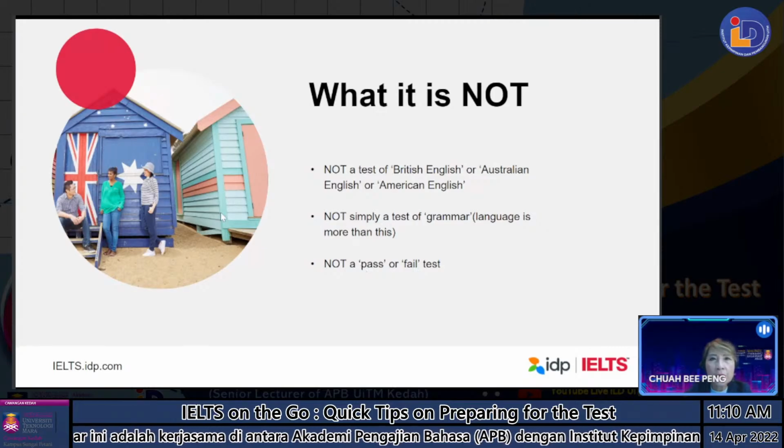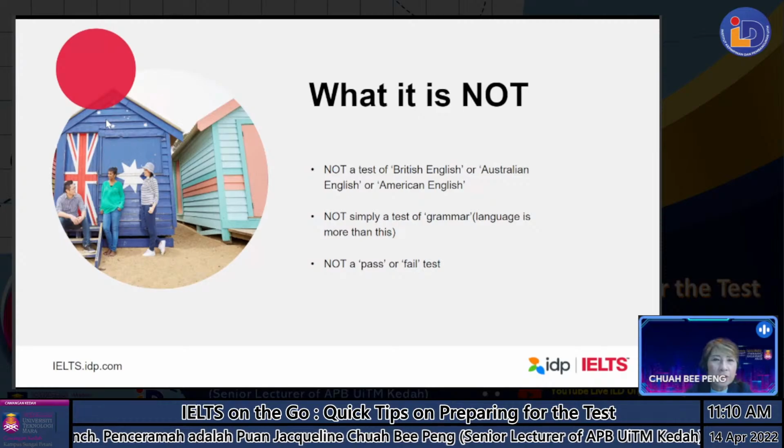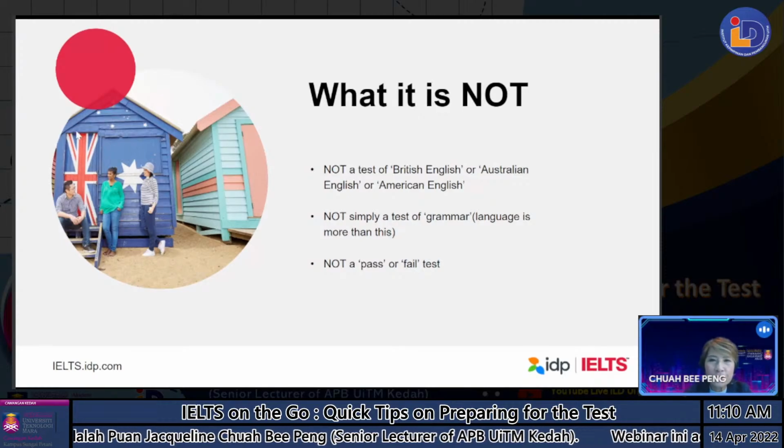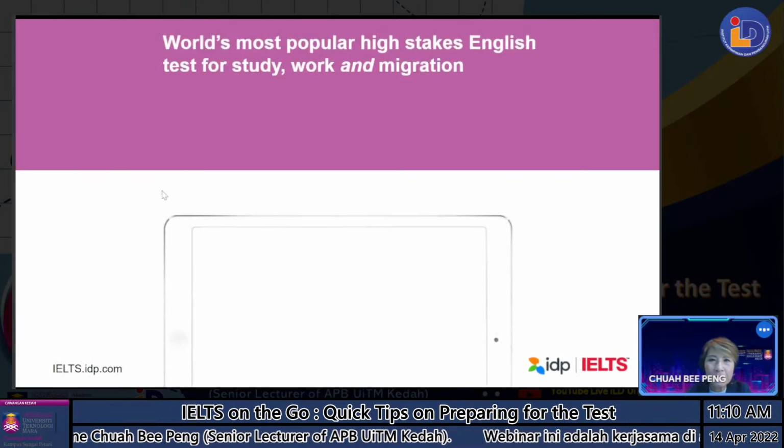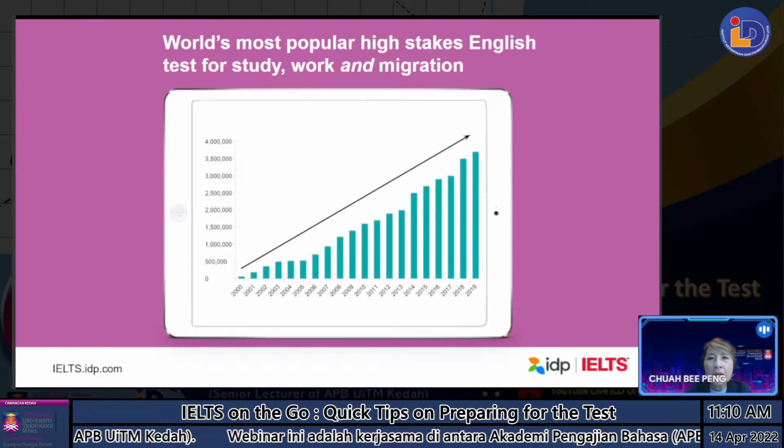So up to now, is that okay? Is there any question? Okay. So far, there's no question in the chat box. Good. Now, in between, the participants are free to just comment or just ask questions.